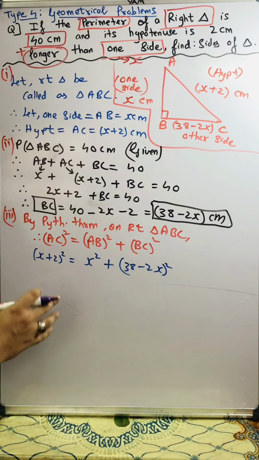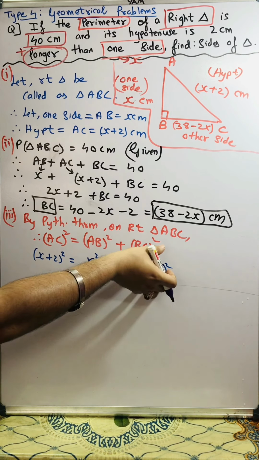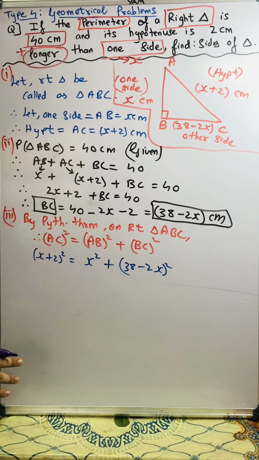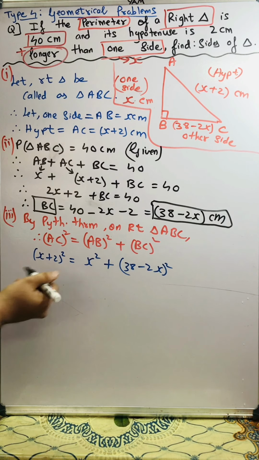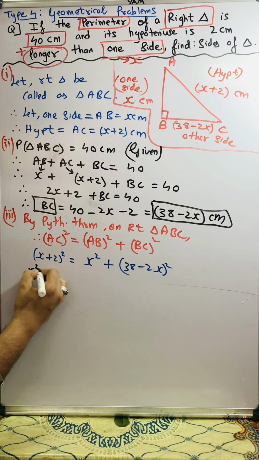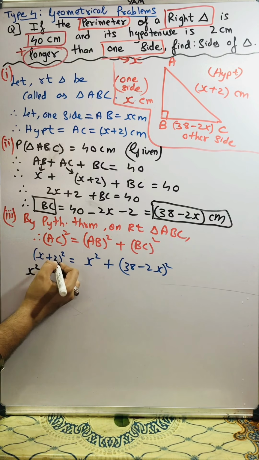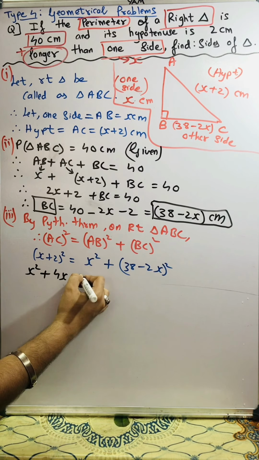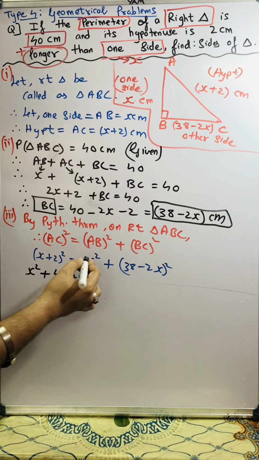Okay. Now we just have to solve. See, we have one equation and one unknown, which can be easily solved. Now this is like A plus B the whole square. Hope you all are understanding this. A plus B the whole square. A square. A is X and B is like 2. So A square means X ka square plus 2 into A into B. 2 into X into 2 becomes 4X plus B ka square becomes 4